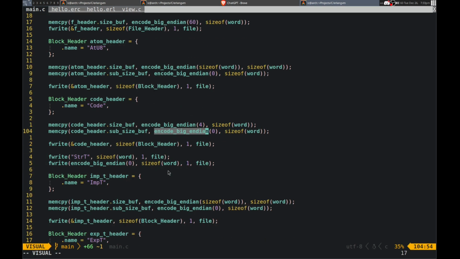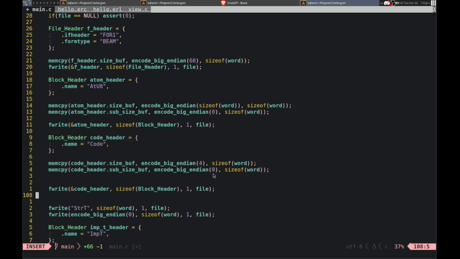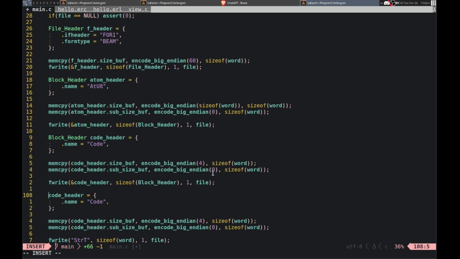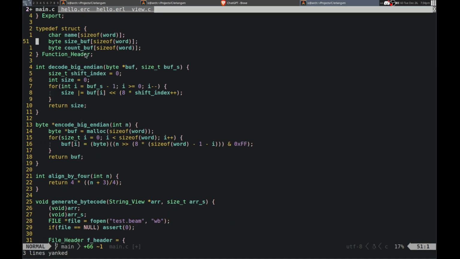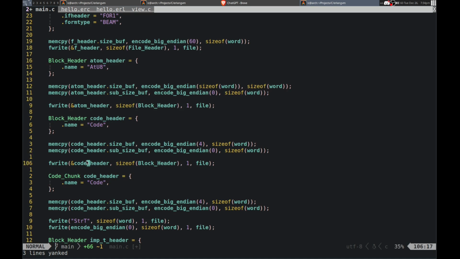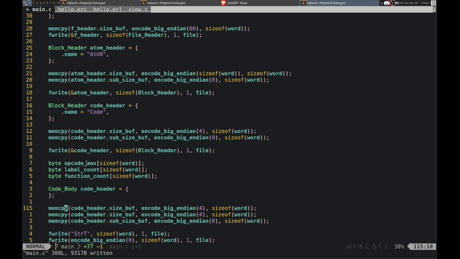So we did get through some of the stuff. It doesn't like the code chunk. Do I have to write like an empty code chunk? Let me see. Code chunk. See, how was it? Actually, it was code block or code body. Let me just grab that so I remember. Code body. Okay. Let's see. So yeah, we have those. So I really just need to write all of them. It's gonna be code body.